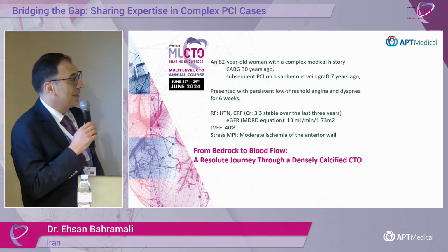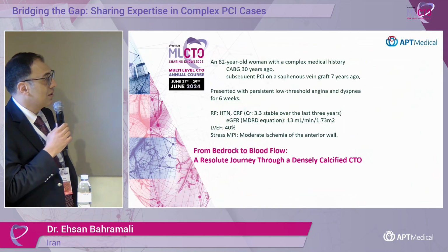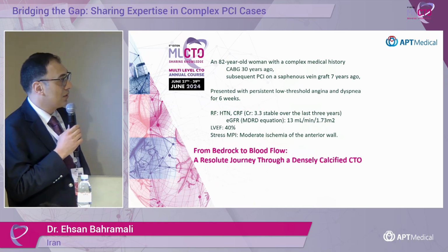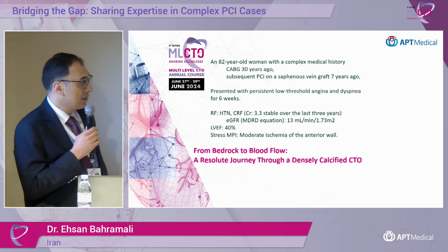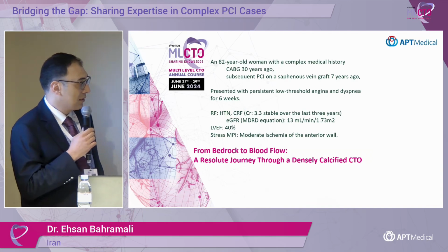The first case I'm going to present here is a very recent case I did 3 weeks ago. She was an 82-year-old woman with a complex history of cardiac disease. She had undergone CABG 30 years ago and a PCI on SVG 7 years ago. She presented with persistent low threshold angina and dyspnea for 6 weeks, and she was a known case of